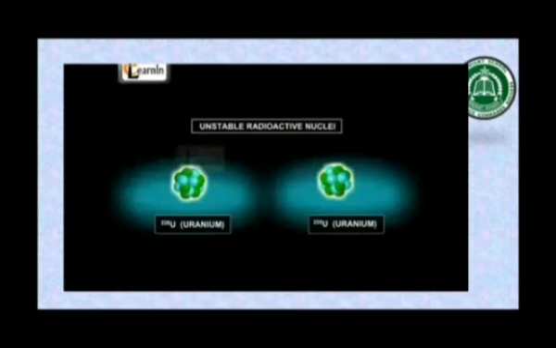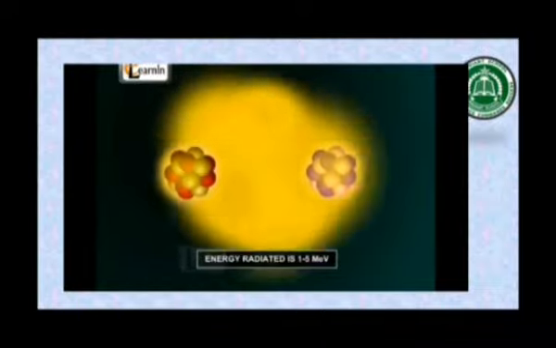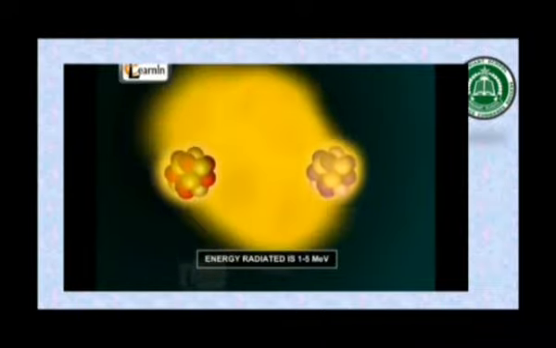When uranium-238 decays into thorium-234, it emits alpha particles. Now let's see what is nuclear fission reaction and how alpha particles are emitted by disintegration of uranium-238. The disintegration converts the uranium isotope into stable lead and in the process emits energy in the range of 1 to 5 mega electron volts. That's 1 to 5 million electron volts, and even higher amounts of energy can be released by breaking unstable nuclei